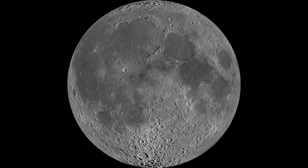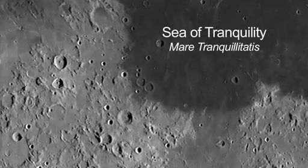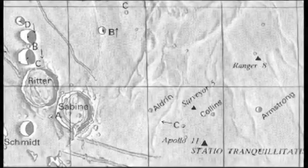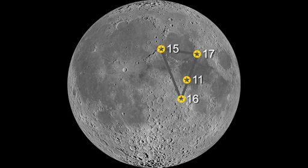On the 6th, look for 3 dark, smooth maria, or seas. The middle one is the Sea of Tranquility, or Mare Tranquillitatis. Apollo 11 landed very near a bright crater on the edge of this mare in 1969. The Apollo 15, 16, and 17 landing areas formed the points of a triangle above and below the Apollo 11